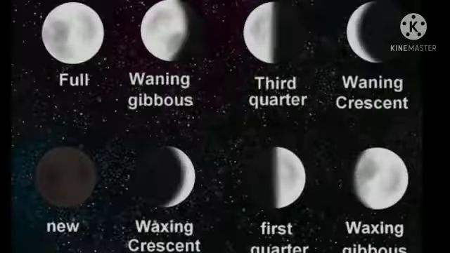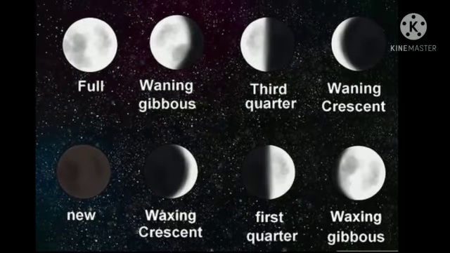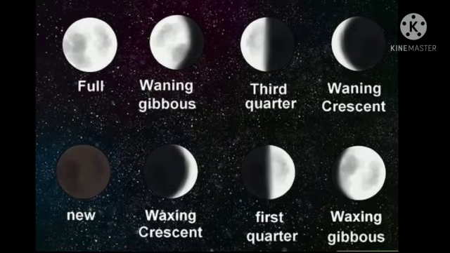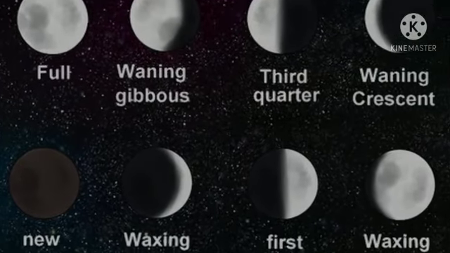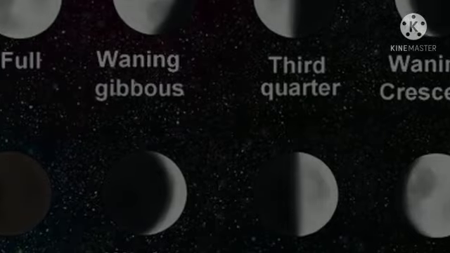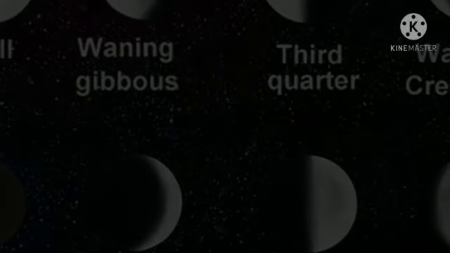Now let us start our next topic, that is phases of the moon. The moon has different phases. It appears to change its shape during the month. When the shape appears to be growing, it is called waxing period. And when the shape appears to be reducing, it is called the waning period. We see different shapes of the moon due to the sun lighting up its different parts in its journey around the Earth. Now let us see them one by one.